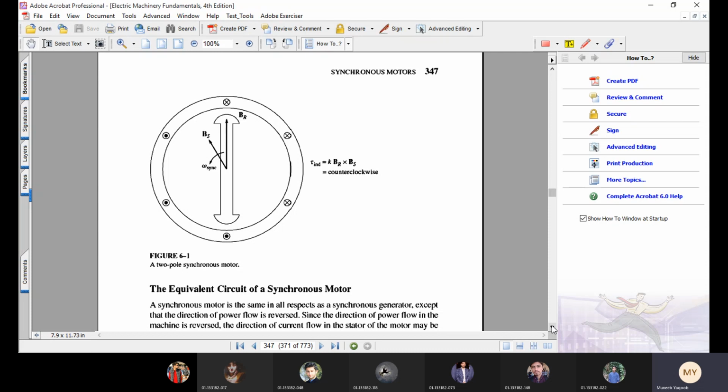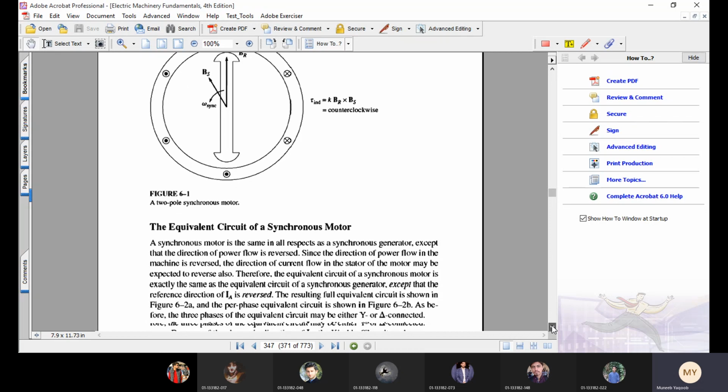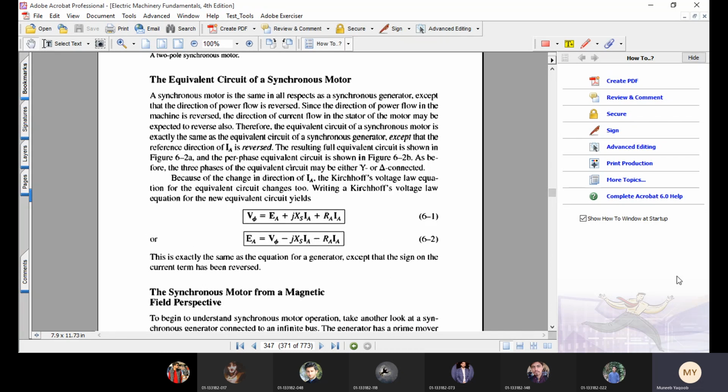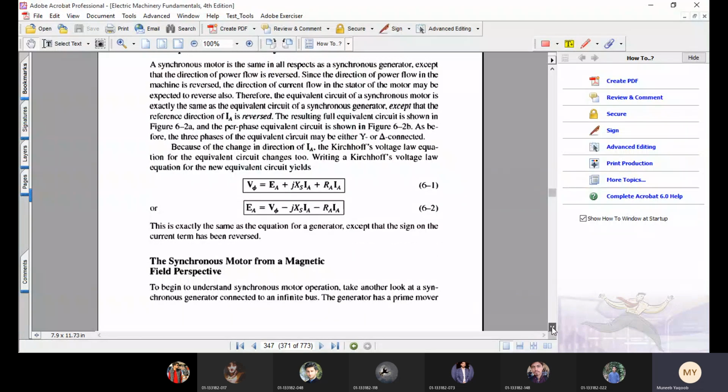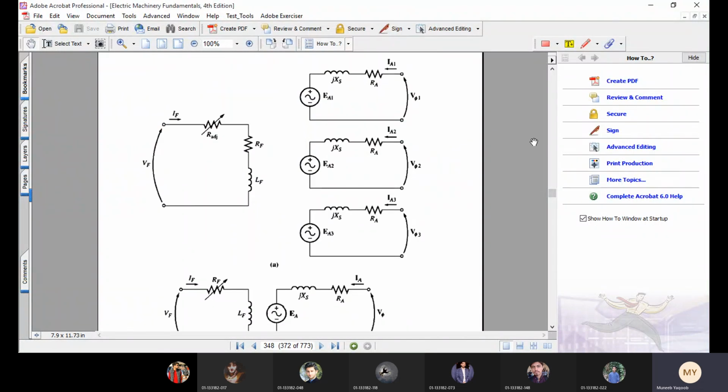Now coming back to our next topic, the equivalent model of the synchronous motor. I was saying that in chapter 1 I stated that the same machine can act both as a motor or as a generator. It is the direction of current flow, or the direction of power flow, that determines whether the machine is acting as a motor or as a generator. So without giving any further detail, they have drawn the model of the synchronous